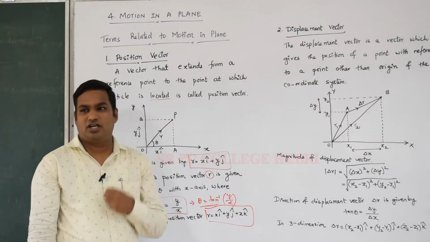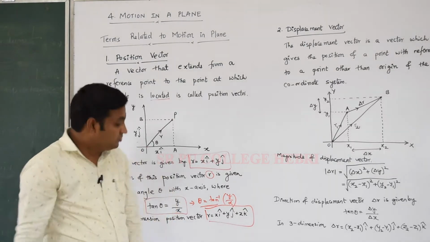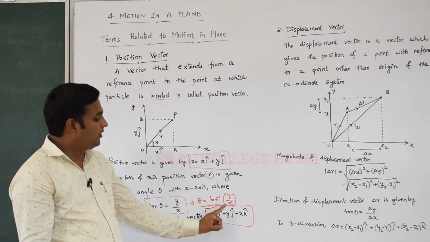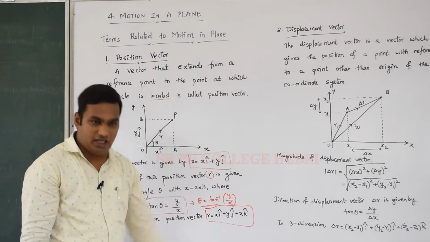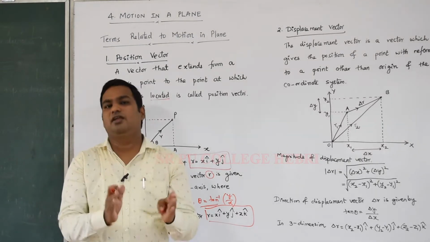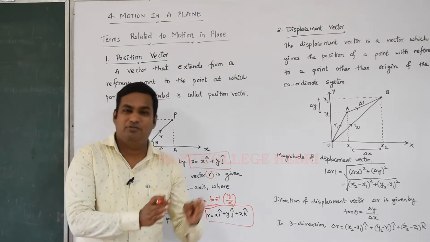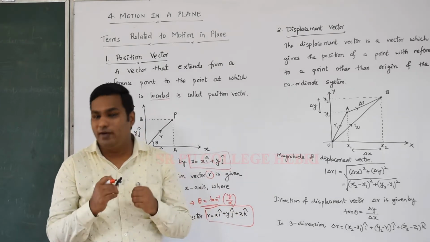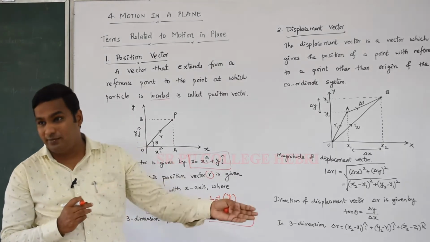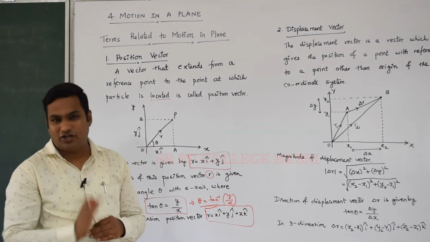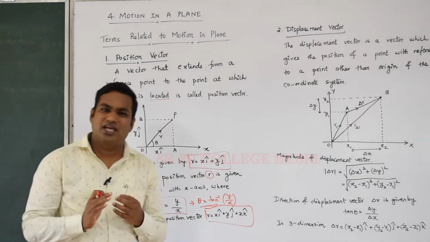All the three axes are involved: x, y as well as z. The position vector R is equal to x i cap plus y j cap plus z k cap. Dear student, this position vector is especially required in case of 2 dimension and 3 dimension, where particles undergo motion. The position vector concept is essential to understand, but in 1 dimension we can easily provide a